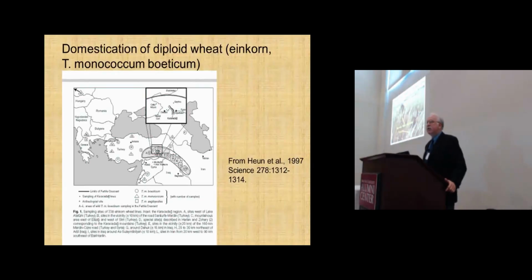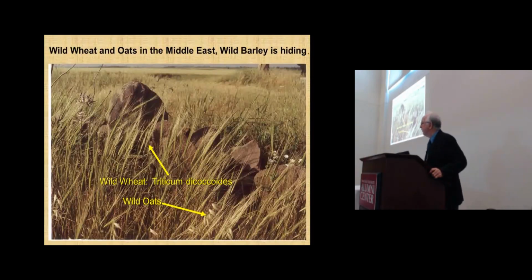Now, if you've never seen what wild wheat looks like in the field, this is a picture. This is the Golan Heights. This is occupied territories, currently in Israel, formerly in Syria. What I'm showing you is Triticum dicoccoides, okay? There would be more plants of Triticum dicoccoides in a field like this than there is in a commercial field of bread wheat or durum. That may sound strange, but if you think about it, all the seed shatters, so the seeding rate is immense. Even if the yield is only 1 or 2 bushels per acre, the seeding rate is astounding.